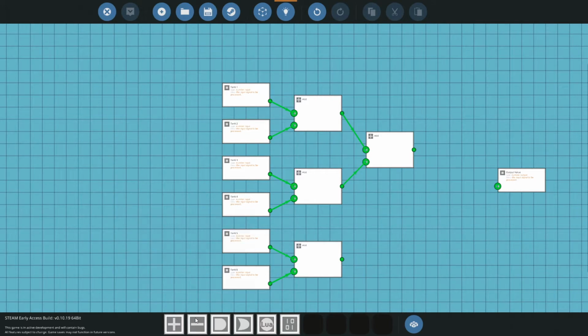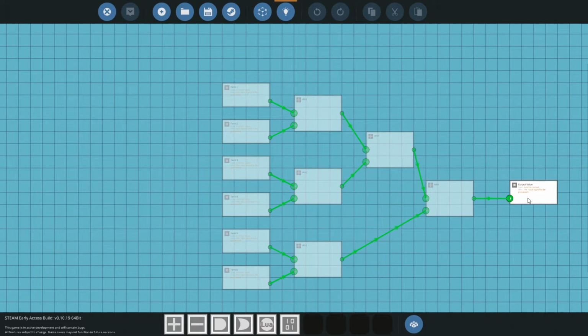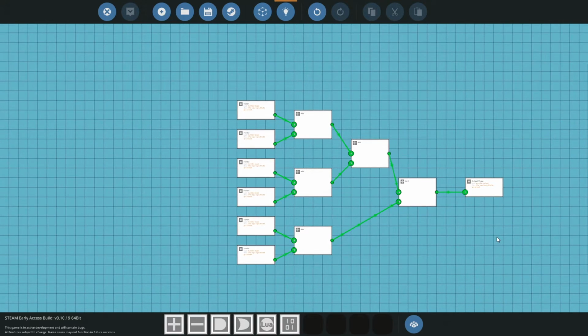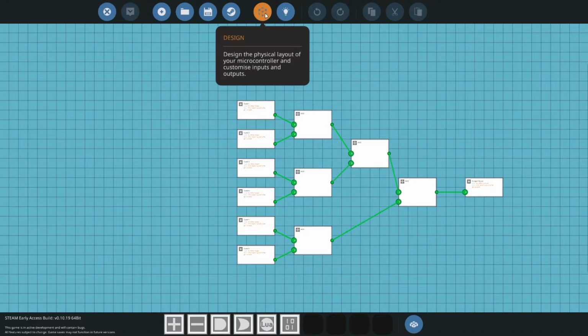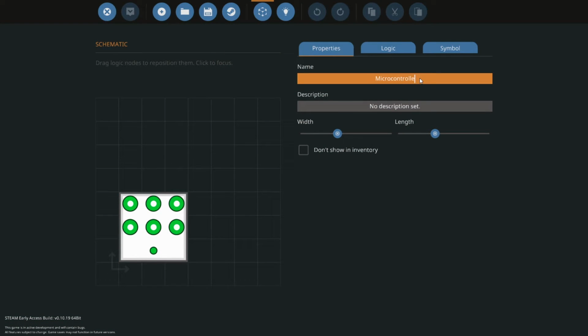So we need one more add block, and we will take this value over here with this value over there. So now we have everything counted together. And when we will take this value and we will place it here, then we can have finally our total value of all tanks. This is our final design, so let's save it. And I will name it